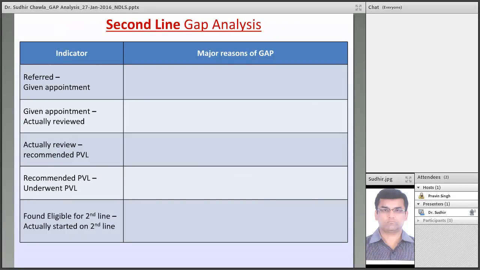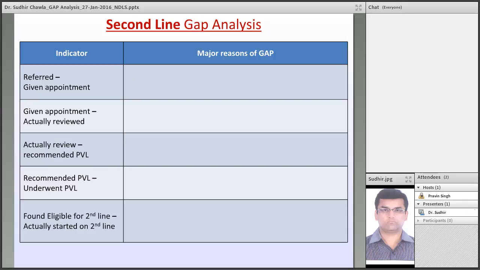Coming to the second line gap analysis, there may be some gap between those who are referred for second line initiation and given appointment, those who are given an appointment but actually reviewed, and those who are reviewed by the SACEP and recommended for viral load. There may be some reasons: the patient did not turn up, the patient was not eligible, or viral load kits were not available. There may be multiple reasons. So we have to look into the detail of these gaps and try to find out solutions for these,